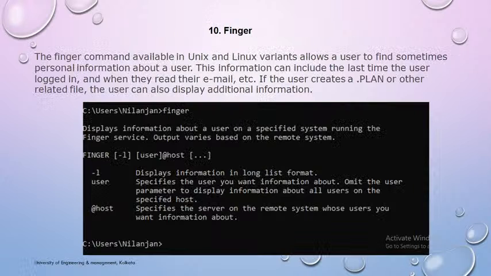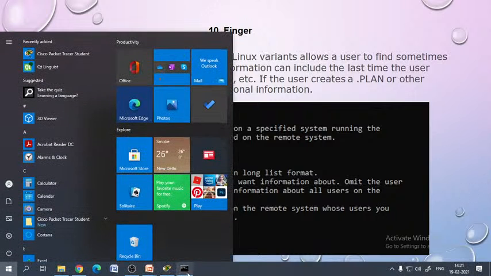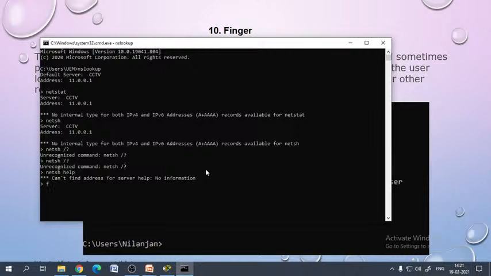Then there is another one which is the finger command. The finger command is available also in Unix and Linux. So from now on I will be talking about the commands that are available in Linux as well as Unix if possible. It allows the user to find some personal information. Okay, let me again see whether it works on DOS or not. So if I type finger,